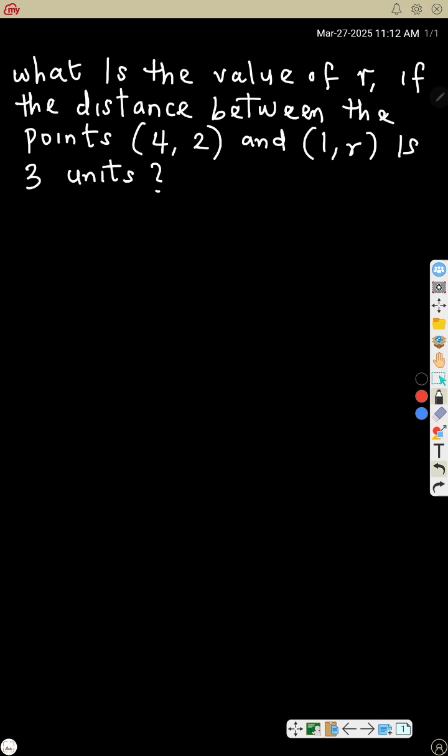So what is the value of r if the distance between the points (4, 2) and (1, r) is 3 units? So we have 2 points,